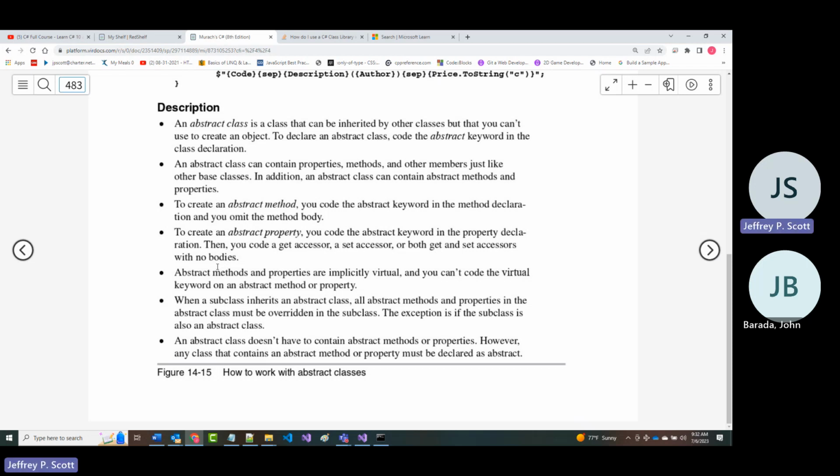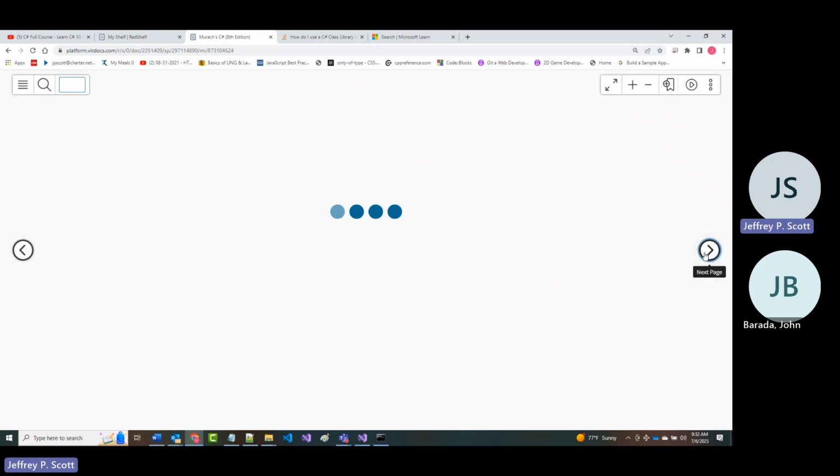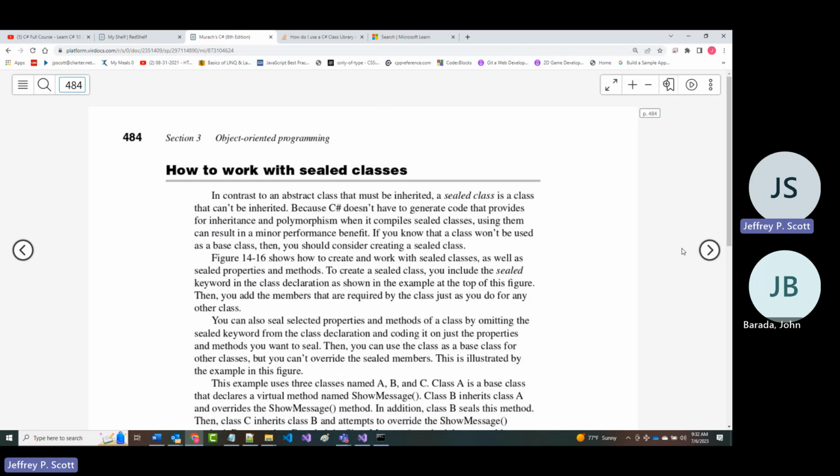The exception, as it says, is if the subclass is also an abstract class. Finally, an abstract class does not have to contain abstract methods or properties. But any class that does contain an abstract method must be declared as being abstract. All right.